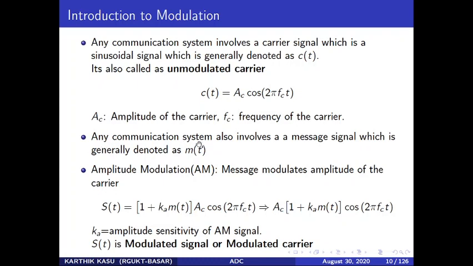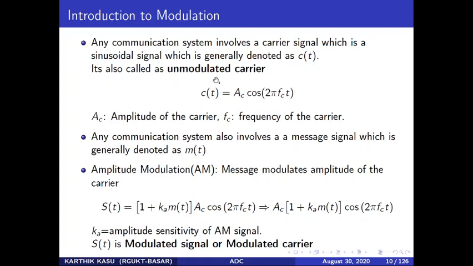Okay. Now, after the carrier, we should talk about the message signal. So what is the message signal? Something we wish to send, information we want to send, is known as the message. Otherwise, that is what is being transmitted. It is the information that we will transmit, so that is called the message signal. Usually it is denoted with m of t.